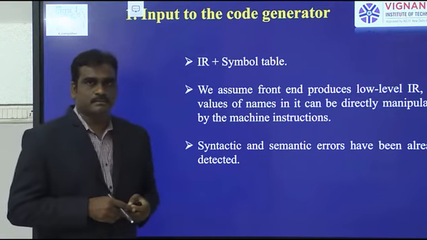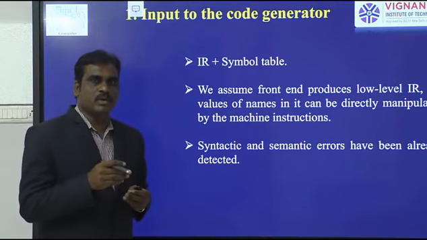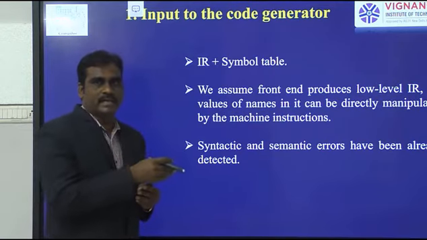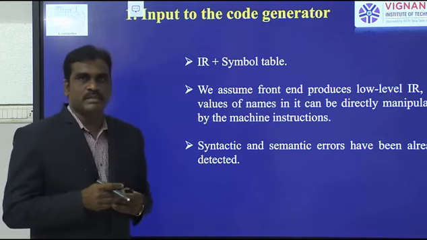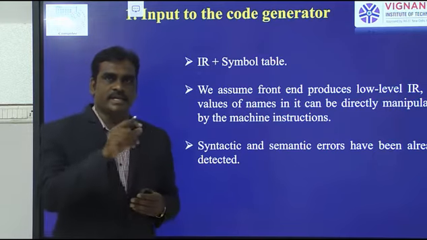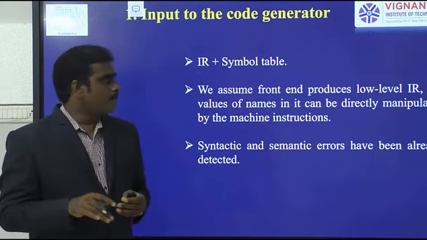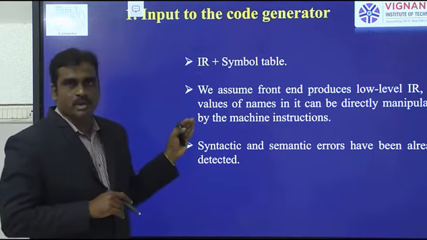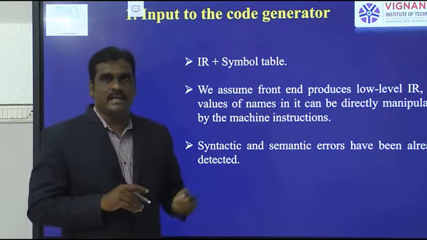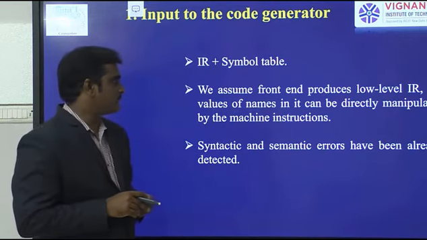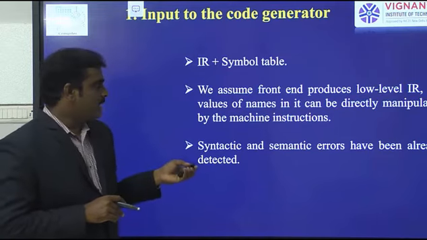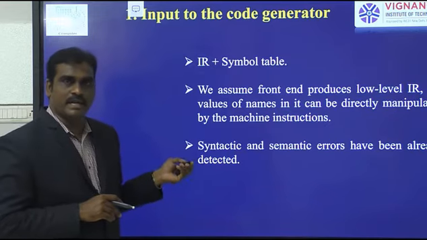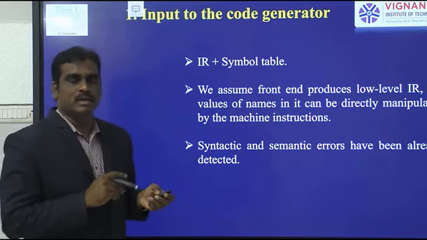Here the code generator input is the intermediate representation. And all of you know that the symbol table is connected with each and every phase. The front end produces the low level intermediate representation. Also, the syntactic and semantic errors have already been detected, because code generation is